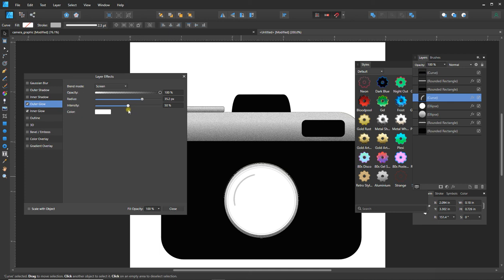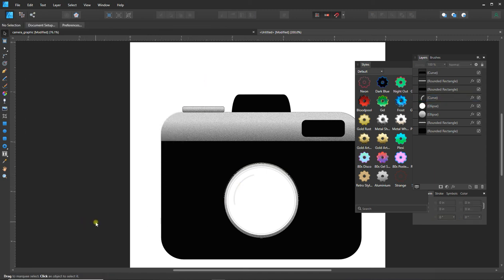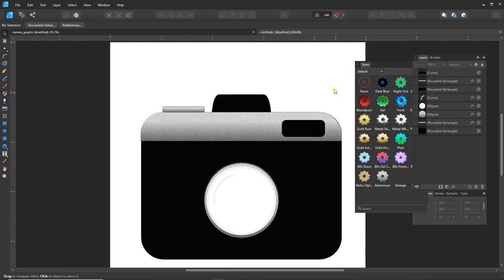So there may be a little bit of back and forth between the inner and the outer glow. So let's just give a little bit more, and that softened it up a little bit, and now it looks a little bit more natural. Okay. All right, so the last thing I'm going to do is I'm going to give it just a little